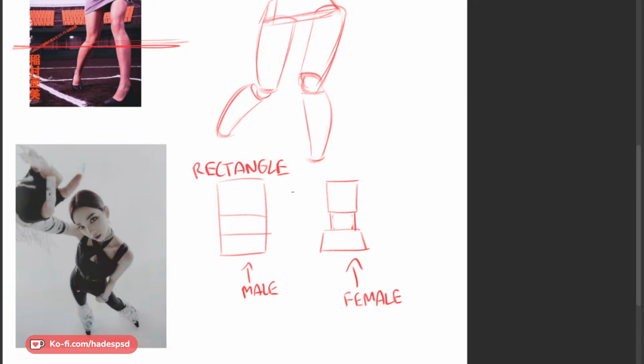Even with males, you could make it triangular. So now it's going inwards. So this is basically a triangle. And for males, you can do a triangle if you want.